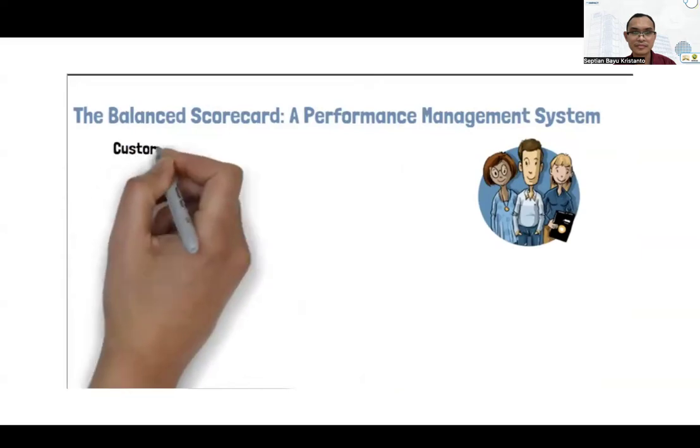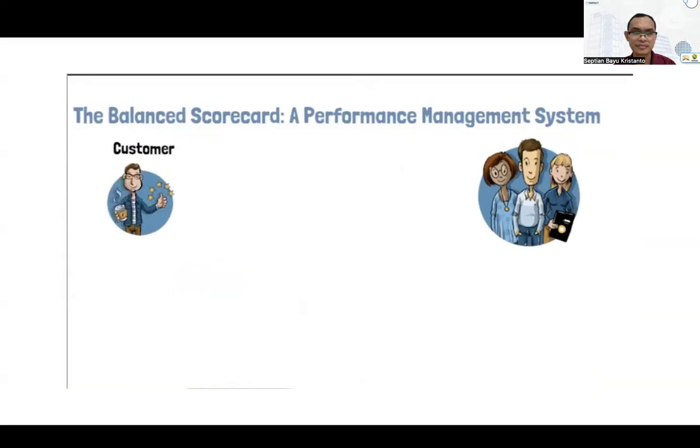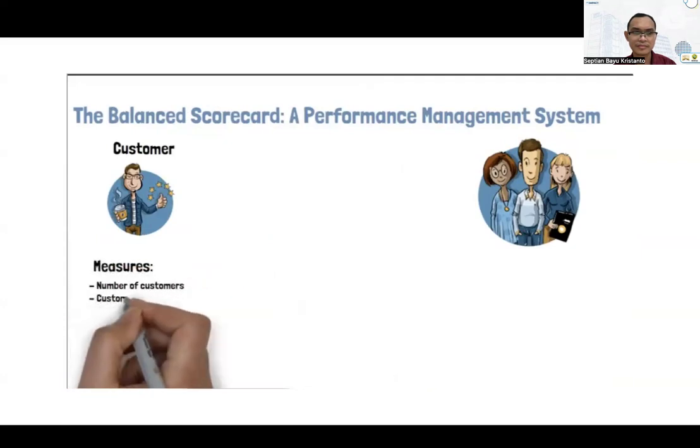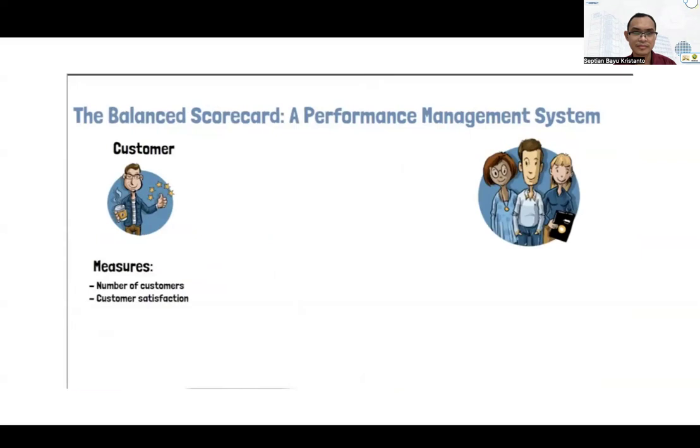As an example, for the customer dimension of the Balanced Scorecard, say your coffee shop wants to maximize the number of customers and the level of customer satisfaction. It can then set specific